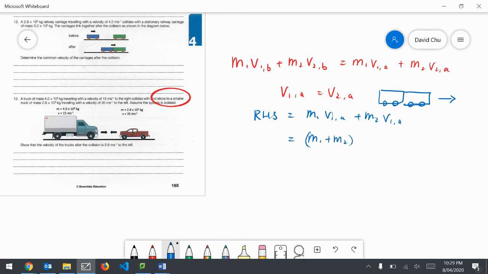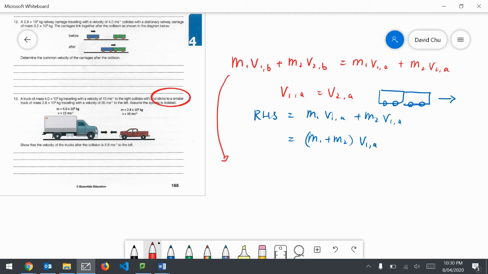So m1 plus m2 times v1a is now my right hand side. Okay, so which means the momentum afterwards is the mass combined times a shared velocity. All right, so I'm going to come back into the equation here,